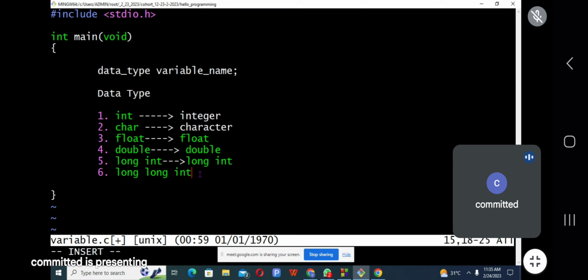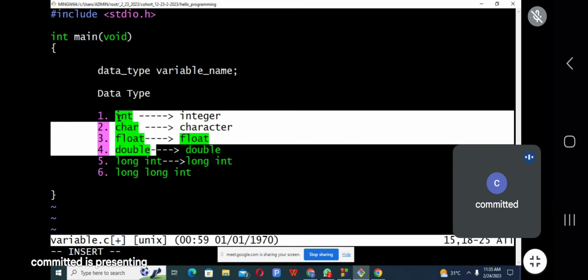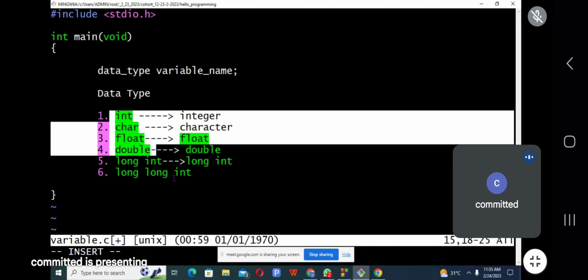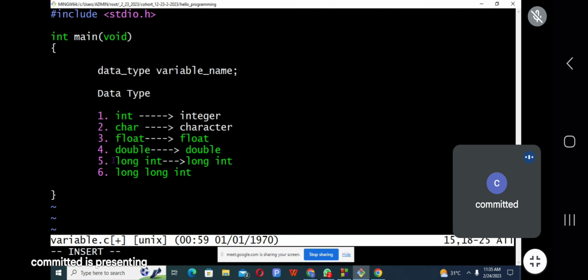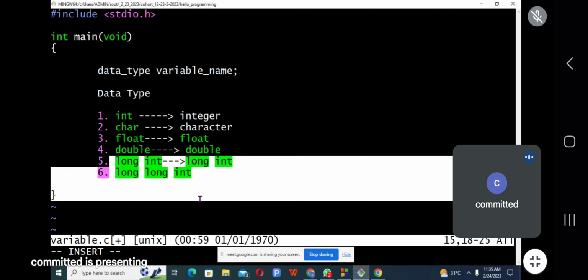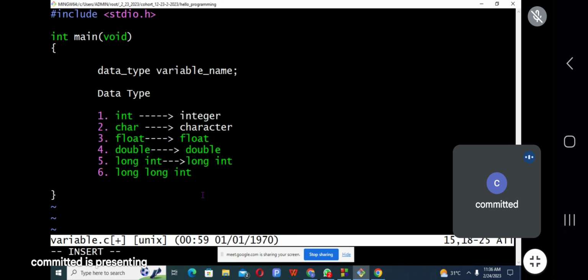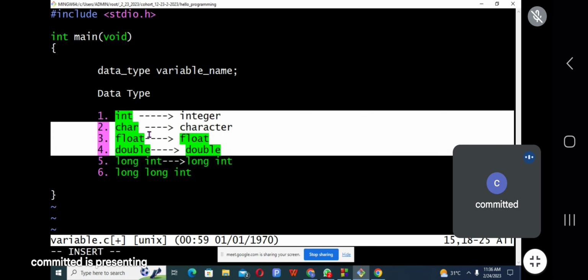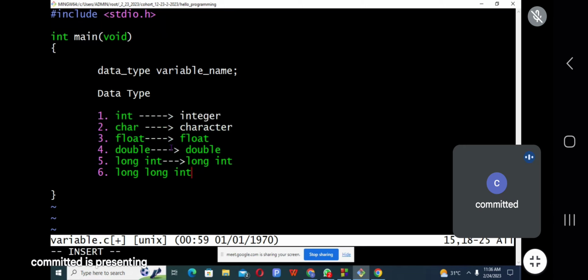So let me stop here. These are the common ones. As we progress, we can always talk about the remaining data types. But for now, pay attention to int, char, float, and double. This is what we call data type.